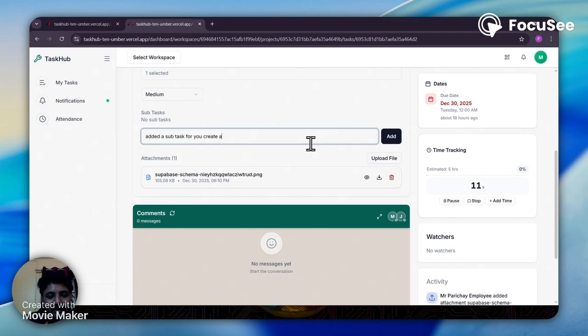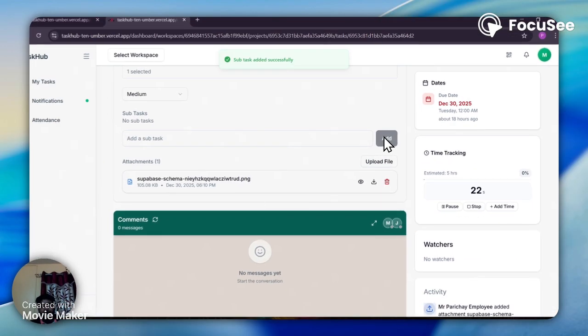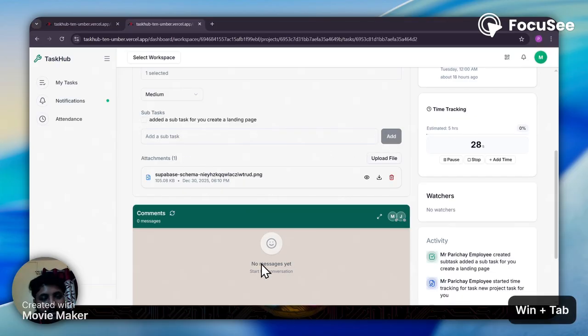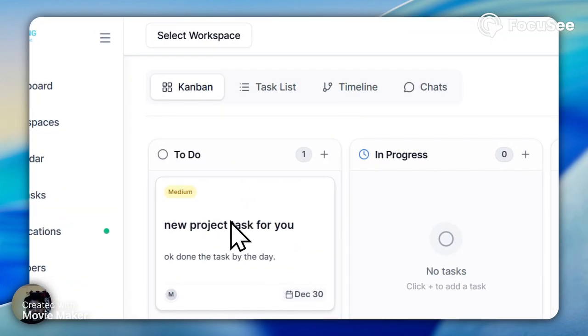Okay, added a subtext for you. Create, sorry, a landing page. Let's add. So it will instantly update. You can see if I check it, it will be checked like a checkbox. So go to the